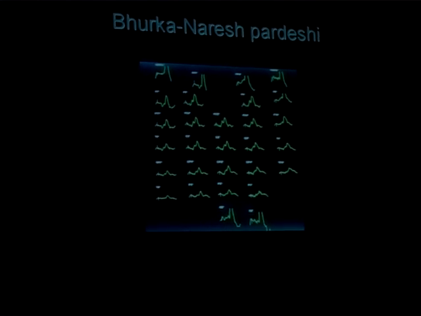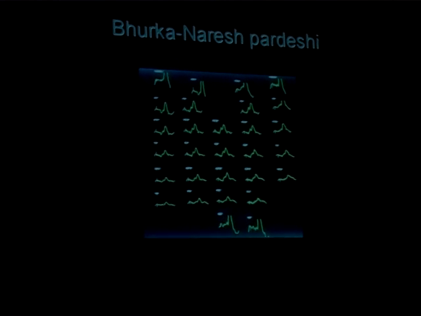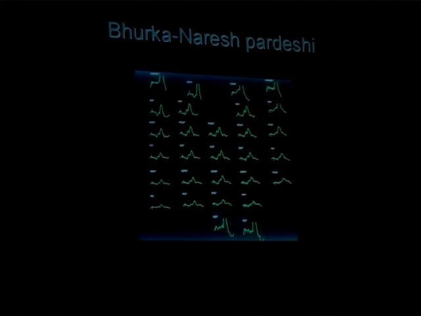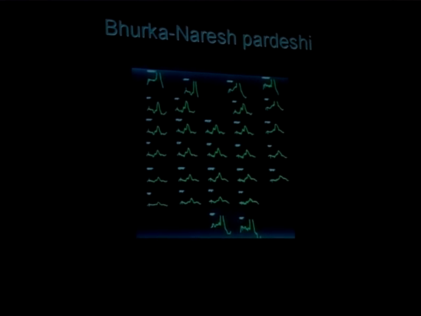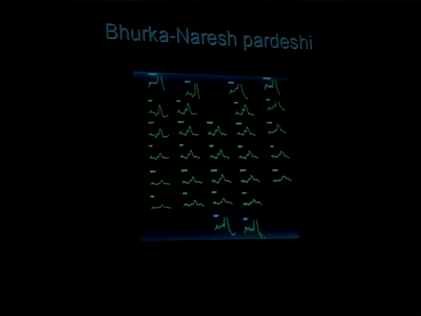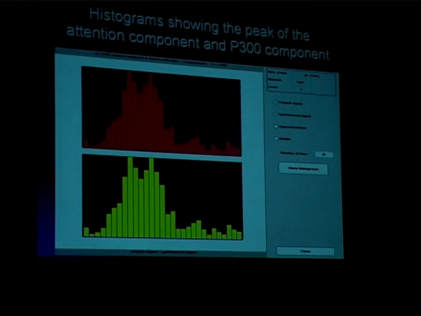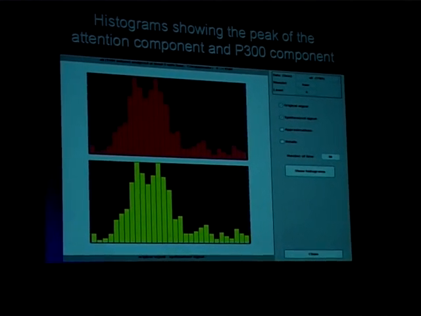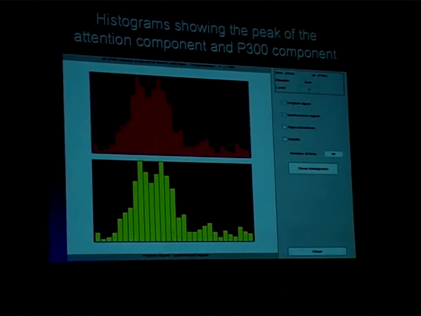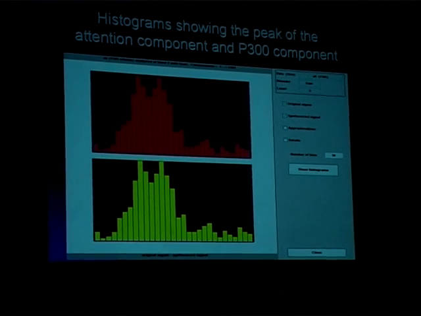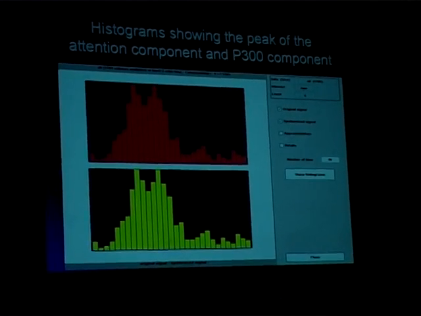Our brain will never respond to it. So the burqa, with Naresh Pardeshi, she showed a significant P300 from all 32 different potentials. Then she later revealed that she was wearing a burqa while she made an advance payment of 75,000 rupees to eliminate the producer Madhur Bhandarkar. After obtaining the P300 potential,